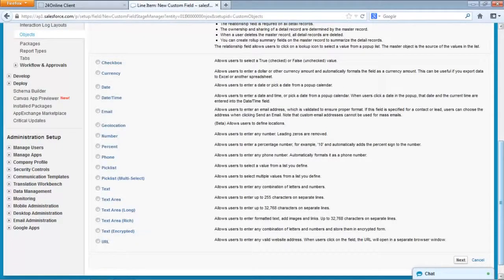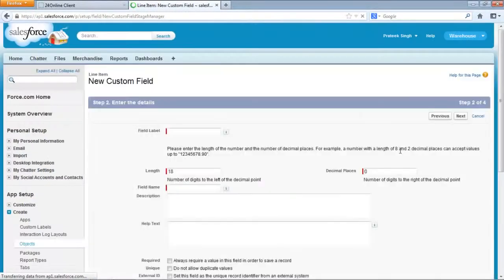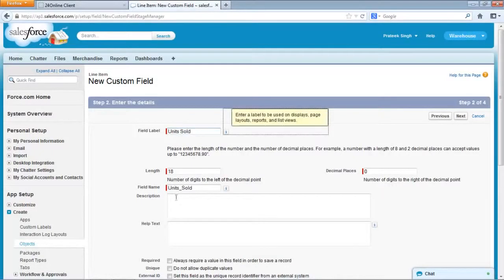So now we will create a new field called units sold. So let's make it a number, because it will be the number of units sold. So when it is multiplied by the unit price, it will give you the total value. So let's name it units sold. When you click on tab, it automatically fills this field and it automatically appends the name with an underscore.